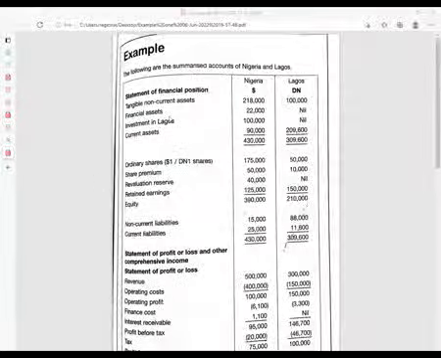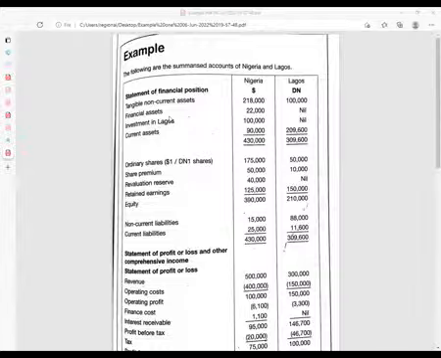I appreciate what you guys are telling me, but the next thing that I would have done, I'll go to the pro forma. I'll go straight away to the statement of financial position. So I'll mention there, the name of the company is Nigeria Group. The Nigeria Group statement